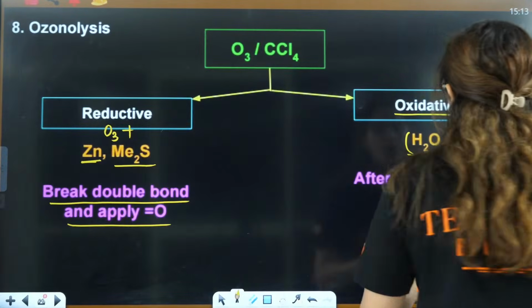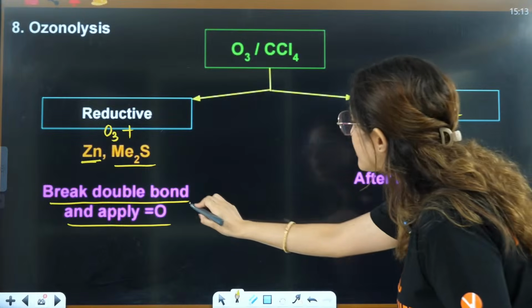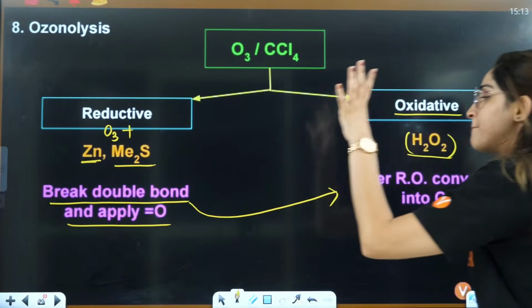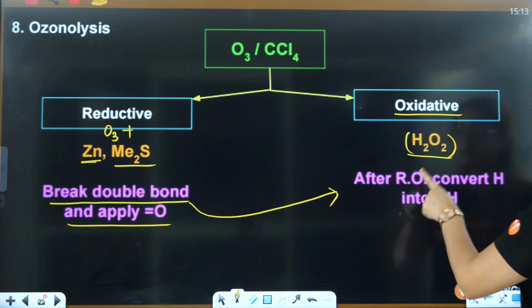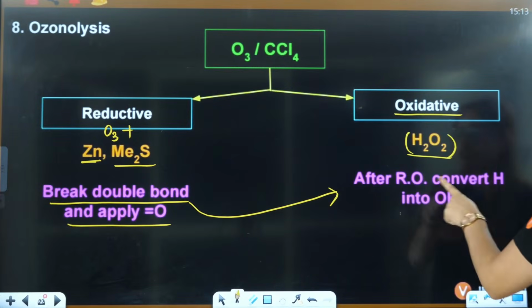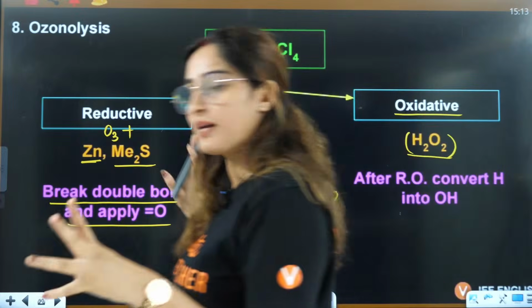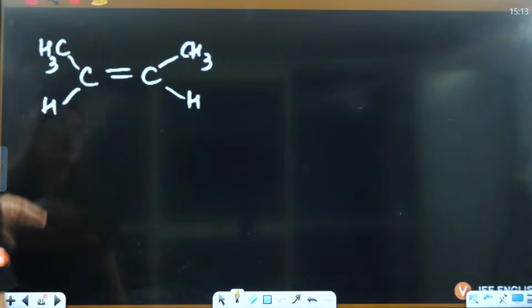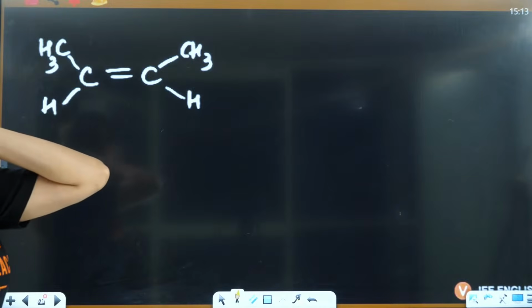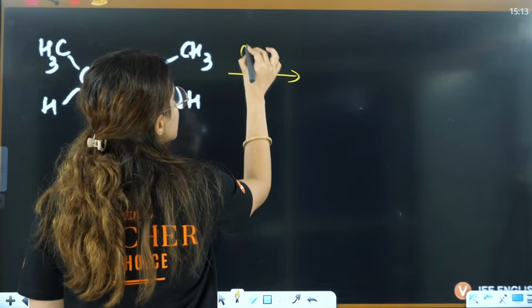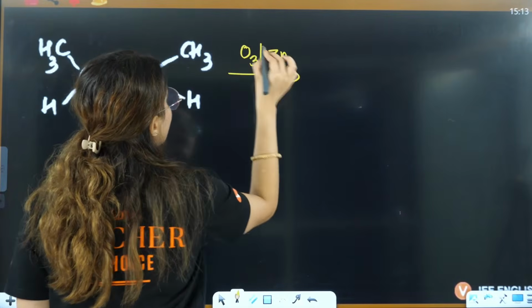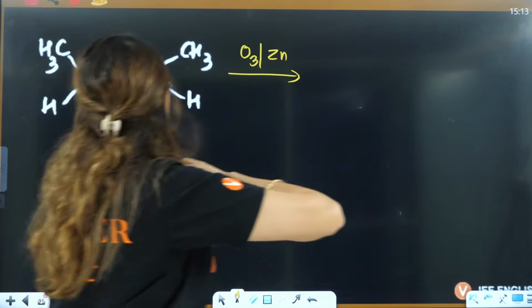And in case of oxidative, after the reductive ozonolysis, the compound you have, you will convert hydrogen to OH. I know till now you are like, ma'am, I don't know what you are speaking. Let's talk about an example. If you have reductive ozonolysis, O3, let's say you have Zn here, break the double bond, attach double bond